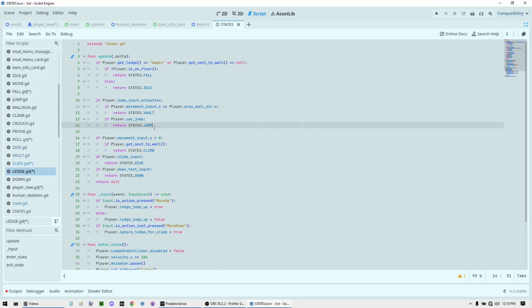So that's how that's working, right? Okay. So come to the next thing down. If movement input dot y is greater than 0, meaning you're pressing downwards, and if you are on the wall,